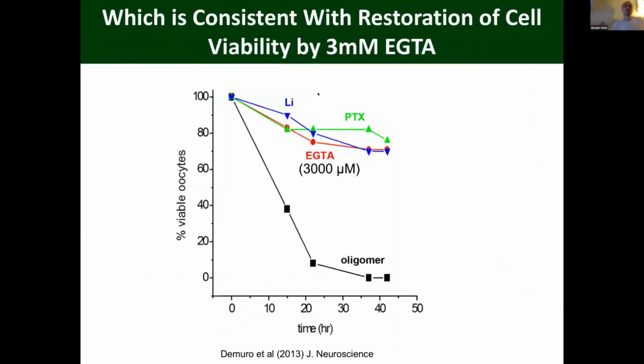And of course, this is consistent with experimental results where if you add oligomers to the cells, 40, 45 hours later, the majority of the cells die. So you don't have any cells remaining after 40 hours. If you add EGTA, which is shown by the red curve here, the cell viability recovers. Lithium and PTX would block the IP3 generation. So if you block the IP3 generation, no calcium would be released from the ER, and that also helps the cells